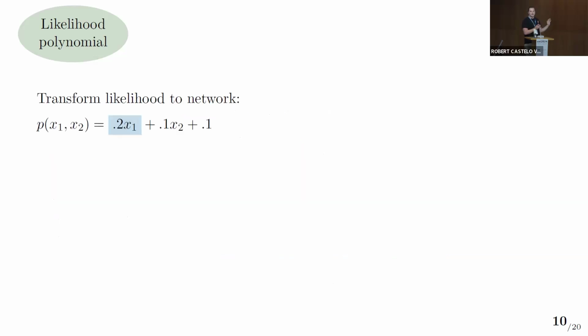I'm going to give a quick example of some intuition for how this can be achieved. So here's the same likelihood polynomial we just had. Our goal is to get to a network polynomial. Just focus on the blue highlighted monomial as an example. In the network polynomial, we have a monomial corresponding to every world. And here the 0.2x1 will be active, or be summed, anytime x1 is 1, so regardless of the value of x2. And so what we really want is 2 copies of that, one with an x2 literal and one with an